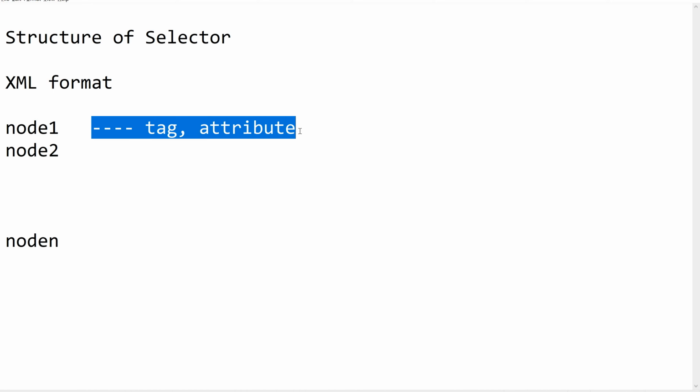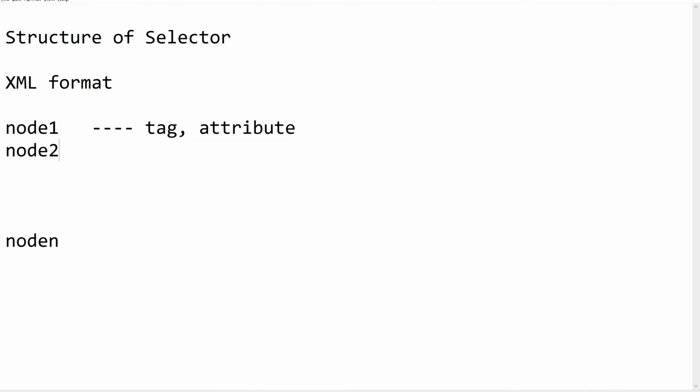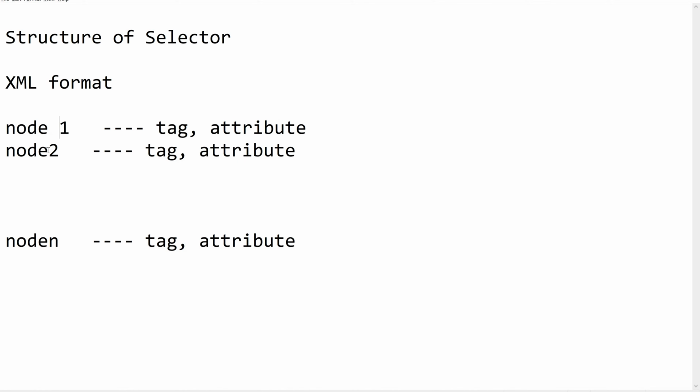Let me show you how it looks like. Let us go for the last one, tag and attribute. Now let us see the attribute. Let me separate this: node 1, node 2 and node n. Okay, always the attributes